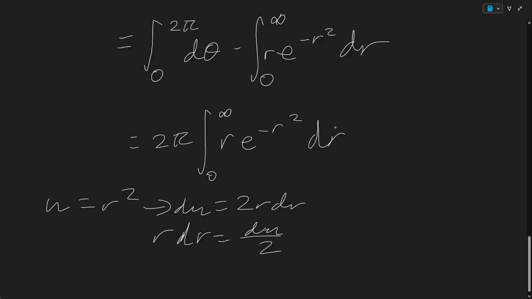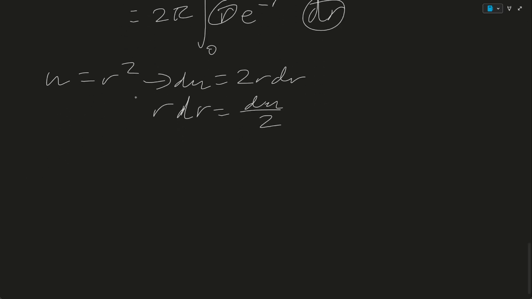Of course, that goes in there, and then it is simply I squared equal to pi, because that 2 comes in, from 0 to infinity of e to the minus u du,